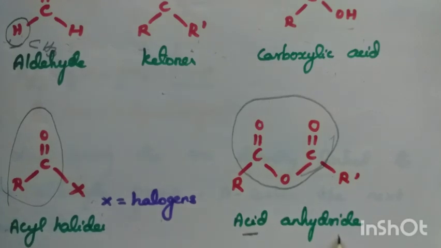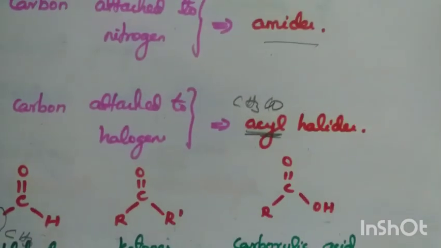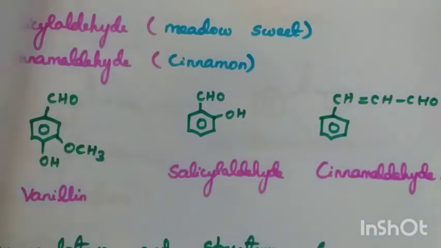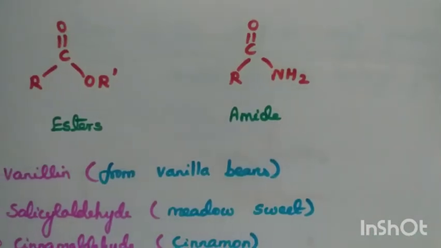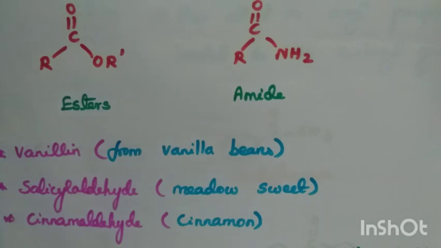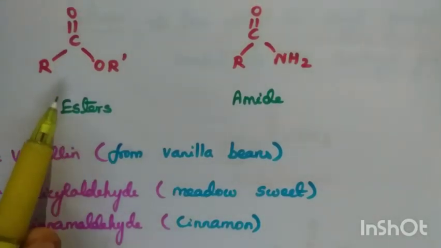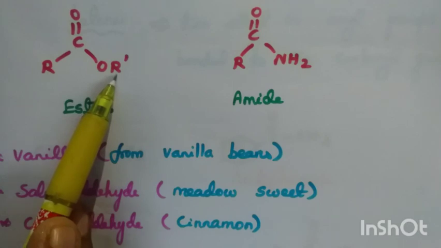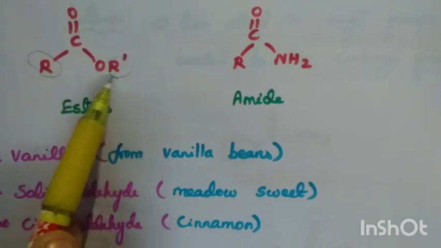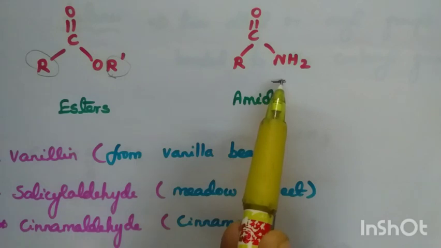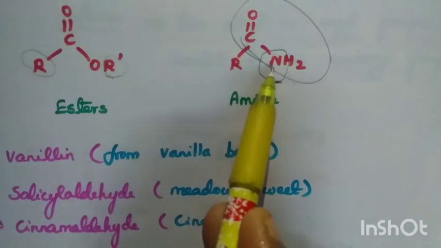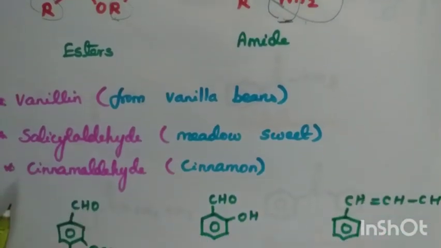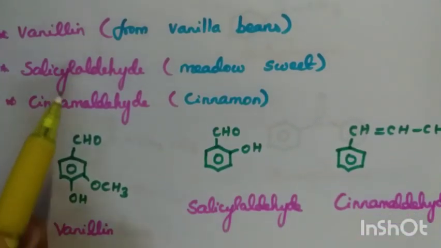So these are the types of compounds we are going to see in this lesson. Aldehyde, ketone, acid, and acid derivatives. First one we are going to see is ester. COOCH3 means methyl acetate, alkyl to alkyl group. If nitrogen is attached, it means amide. CONH2 is called amide. So these are esters and amides.